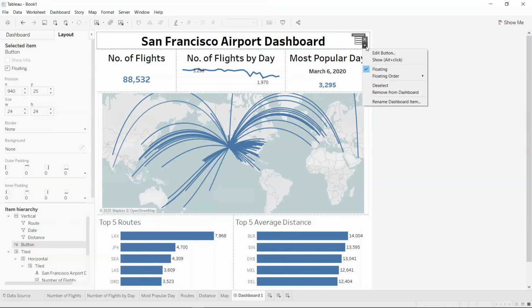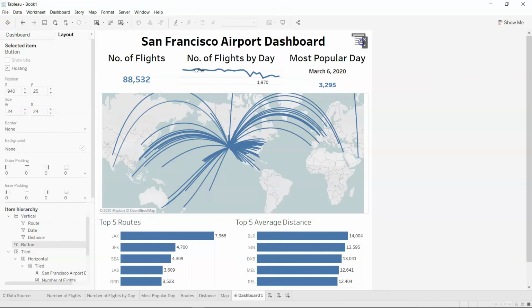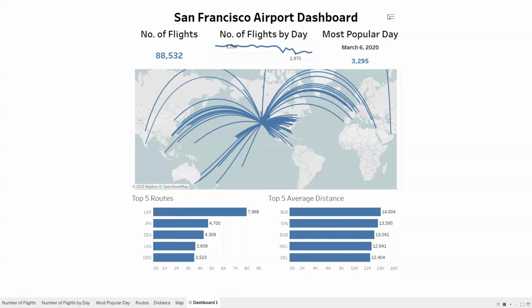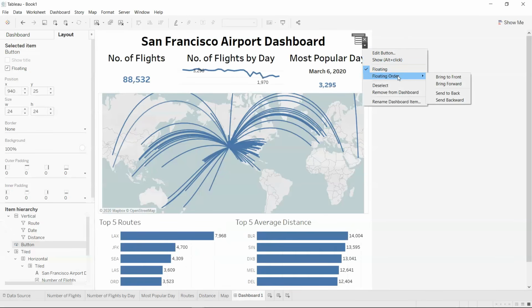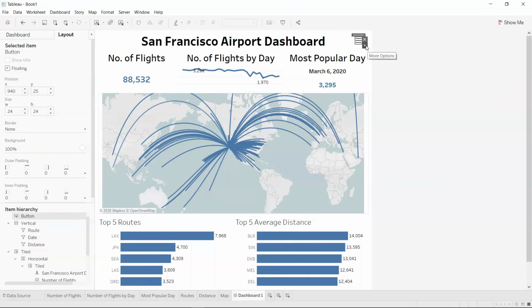So if I just come here, select this, shading, let's make it white, right? Opacity 100%. And now, interesting. I think it should be in floating, bring to front, bring forward,